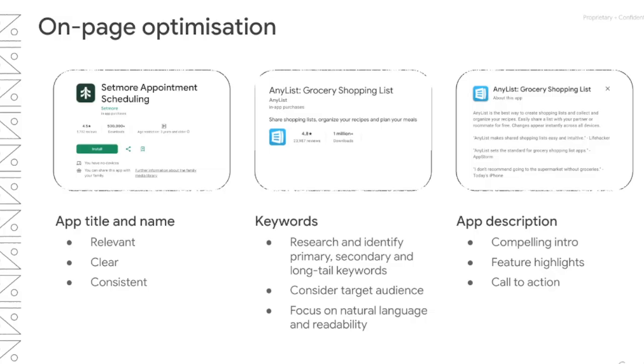Remember to use bullet points because that's quite easy to read and to grasp. And then it's important to also have a call to action. So you have your great description that's optimized, easy to read, and the users can understand what your app is about. And then you need to close it off with a strong call to action that engages and encourages the users to